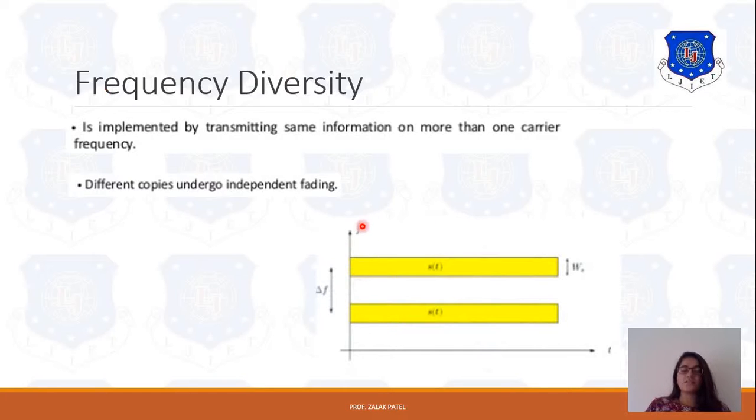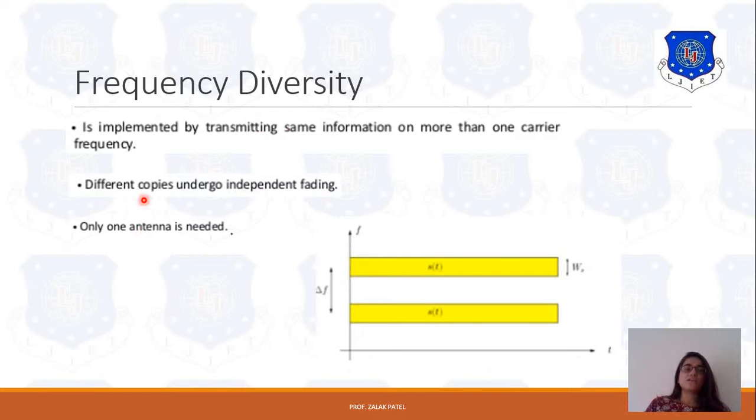In the figure you can see a frequency versus time graph. If you want to add some more bands, then you have to provide this much delta F gap in between them and add the number of bands. Here again, this diversity technique, frequency diversity, is applicable on the receiver side, because we want to increase the receiving capability of an antenna, or we can say that for any system we always want to achieve more performance at the receiver side. Here only one antenna is needed.